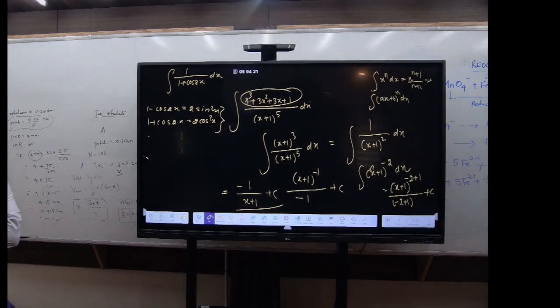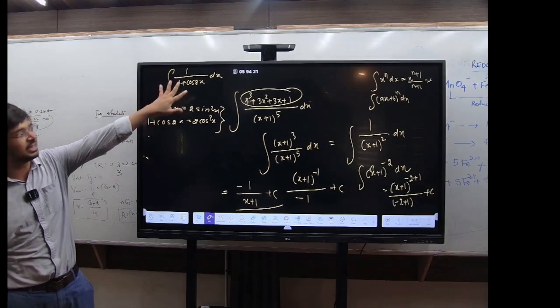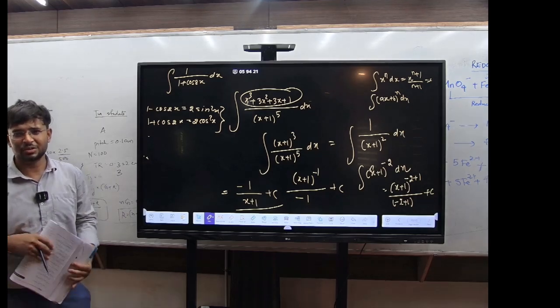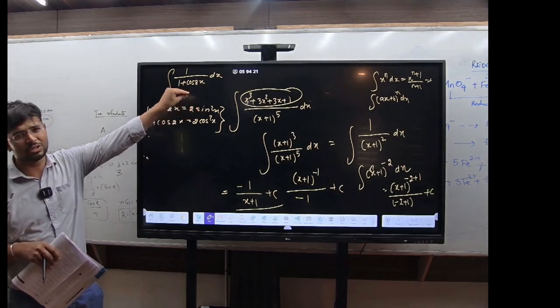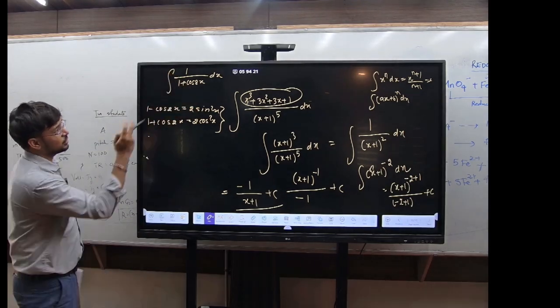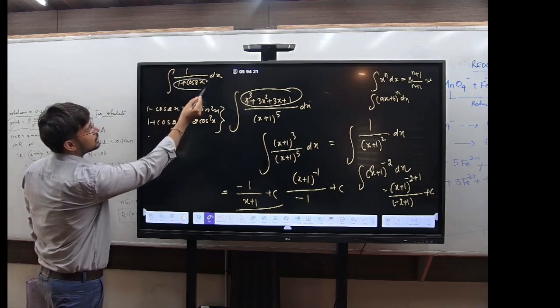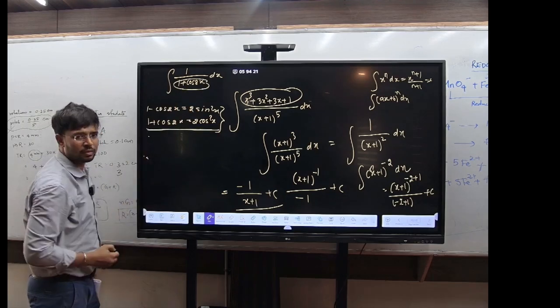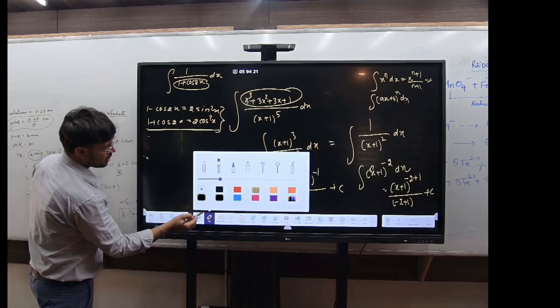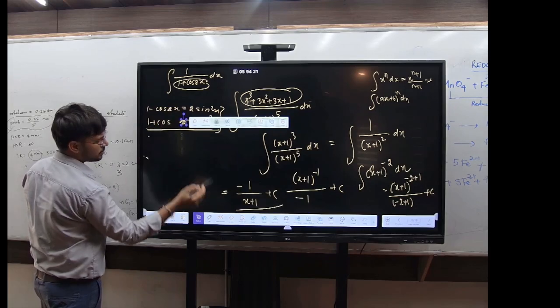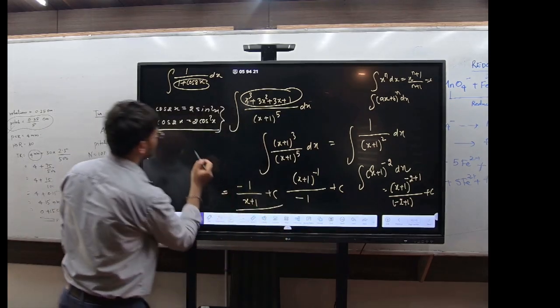Yes, sin 2x is the answer. There will be one question whose answer is sin 2x. See, this is the question. Basic integration. Whenever there is integration, the denominator will always create a problem. You want the denominator to somehow go. For this, see, this is something like the 1 plus cos x formula. If somewhere you see 1 plus cos x, always remember this formula. What is 1 plus cos 2x equal to? 2 cos